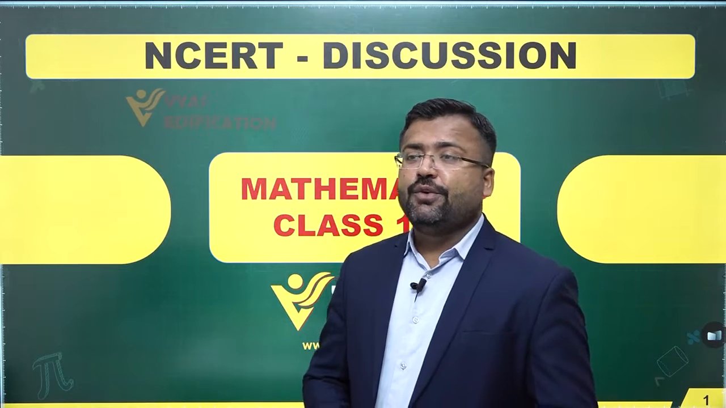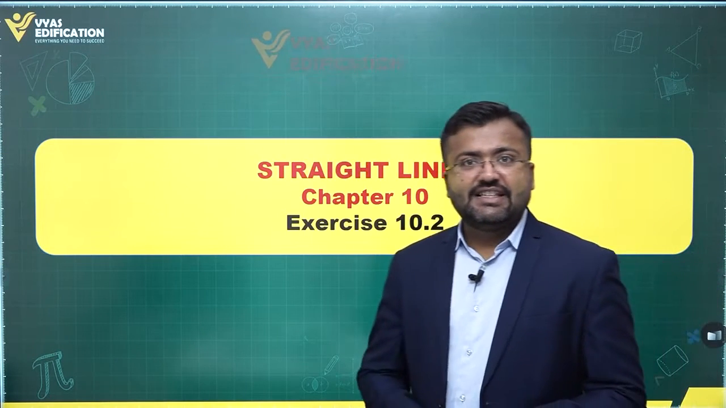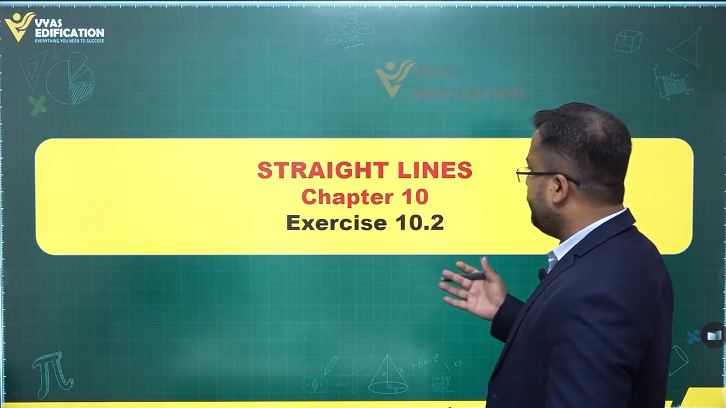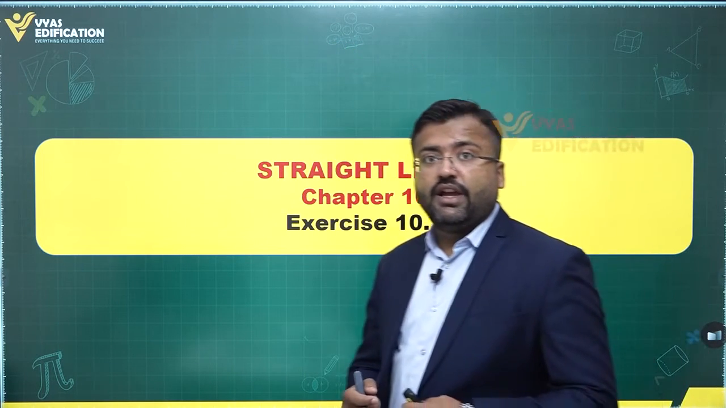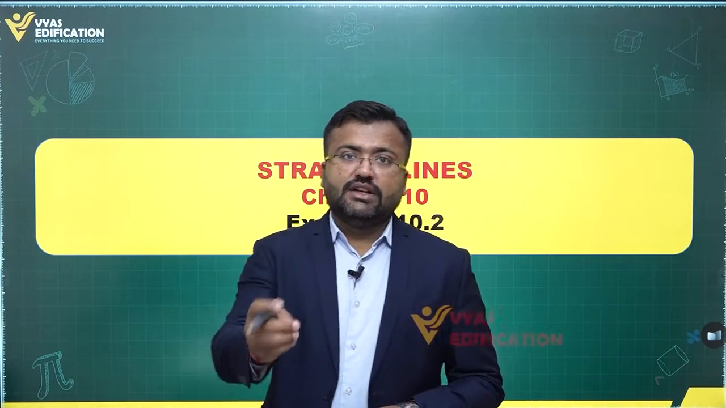In this series of NCERT discussion, it is time to continue further with Mathematics class 11th. The chapter which we are dealing with is straight lines, and this is exercise number 10.2 which we'll be dealing with over here. Now exercise 10.2 deals with various forms of the equation of straight line, right from the 2-point